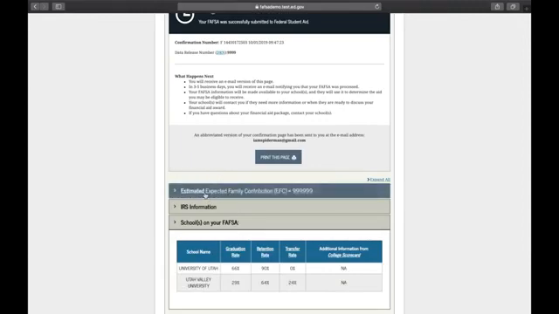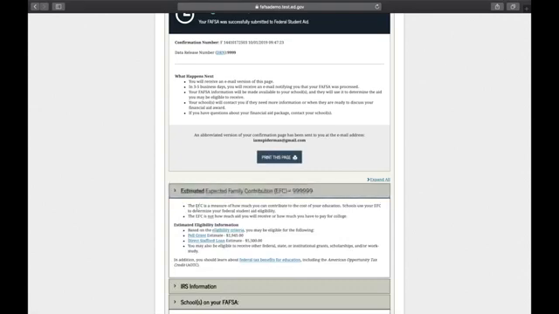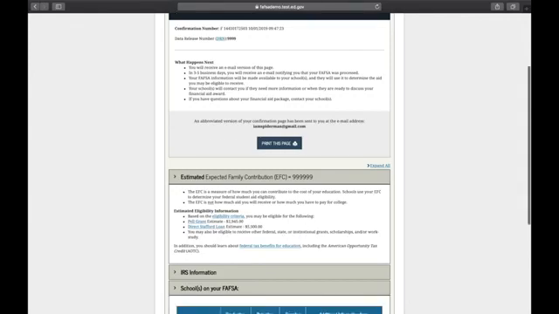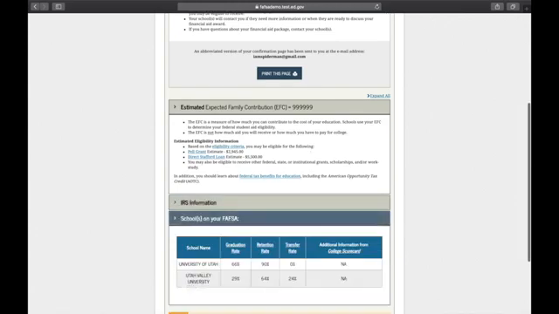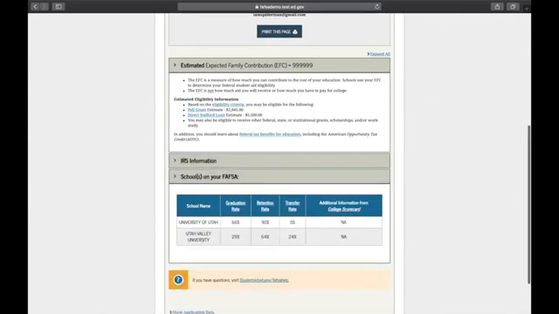The estimated family contribution, since this is a demonstration site, it does not actually calculate the EFC. This is an index number that the federal government uses to determine financial need. So based on this eligibility criteria, it looks like Miles would maybe be eligible to receive a partial Pell Grant, as well as some federal student loans, but his institutions will let him know all of the aid that he is eligible for. It gives some information about the schools at the end. And then it says, if you have questions, you can visit